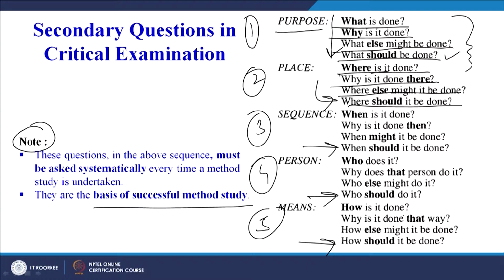So all these 5 questions, or the logics of asking the questions, or we can say the salient elements of questioning, can help us to find the answers or the better alternatives to the current method of doing the work. So we will try to understand this with the help of an example, because it seems too theoretical. Once we apply it in practice, we will be able to understand it in a much better manner. And to explain that in a better way, we have taken examples which we have already covered.